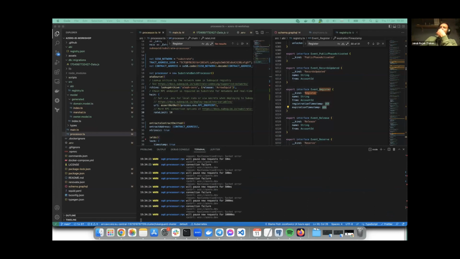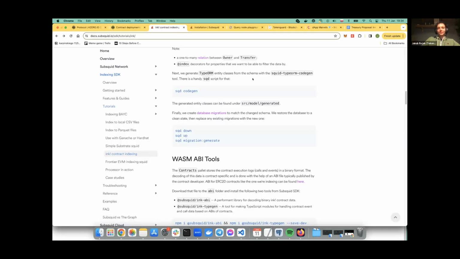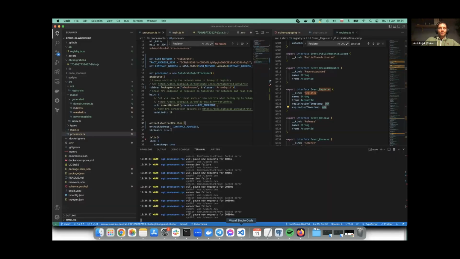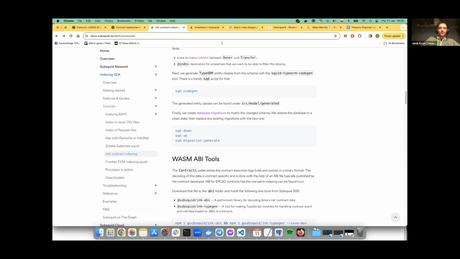So I believe we won't be able to test this right now. But anyways, concluding, the code which we created here when I fixed it will be available under